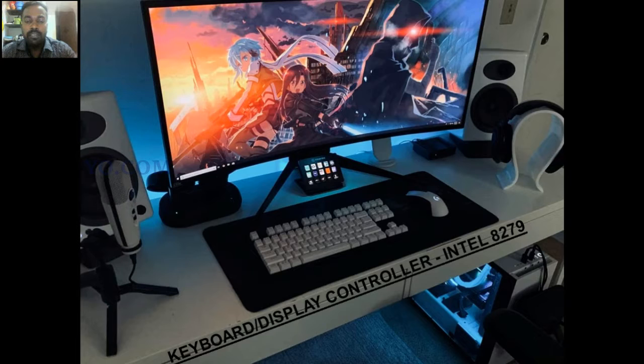So around 30 years back, we were using the 8086 microprocessor. At that time, if you wanted to connect any keyboard or any other display device with the microprocessor, we needed another supporting device. That device was the 8279, Intel 8279. That IC was used to connect a keyboard and a display device along with the 8086 microprocessor.